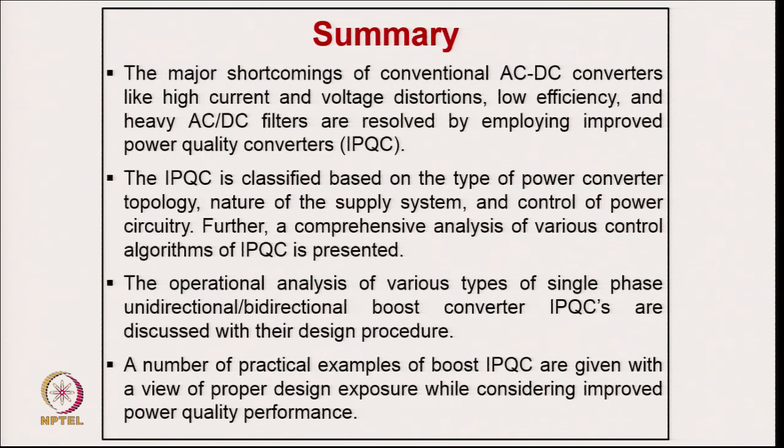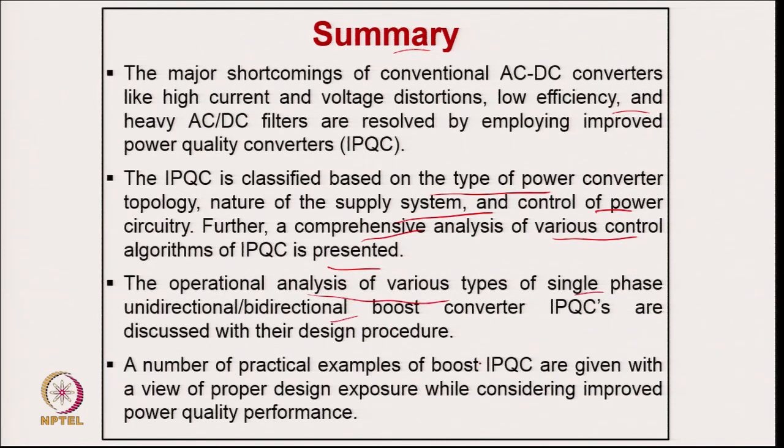So, with this we would like to summarize that the major shortcomings of the conventional AC/DC converter, like high current and voltage distortion, low efficiency and heavy AC/DC filters, are resolved by employing improved power quality converters, and improved power quality converters are classified based on the type of power converter topology, nature of supply system and control of power circuitry. Further, a comprehensive analysis of various control algorithms of IPQC is presented here,